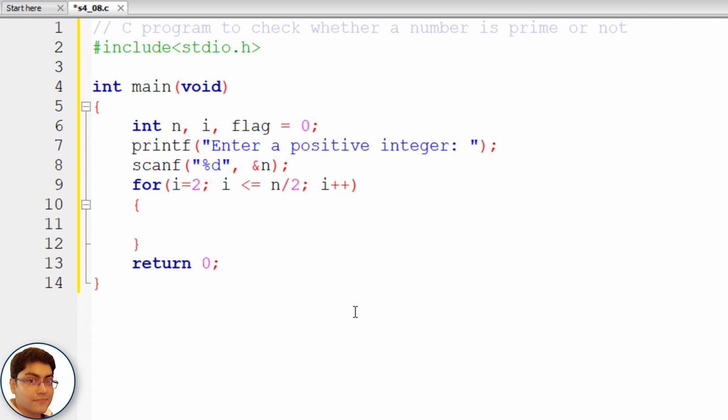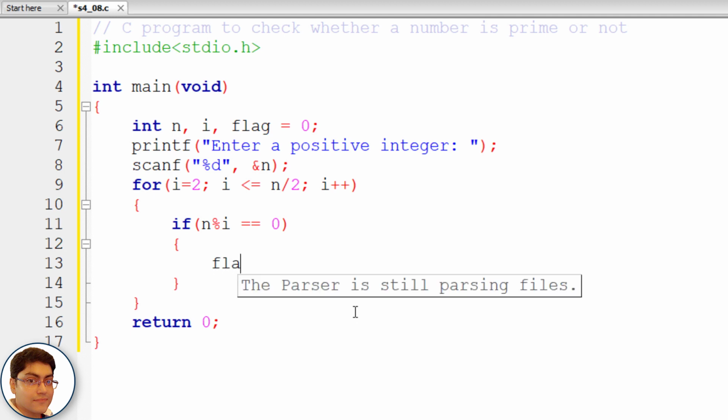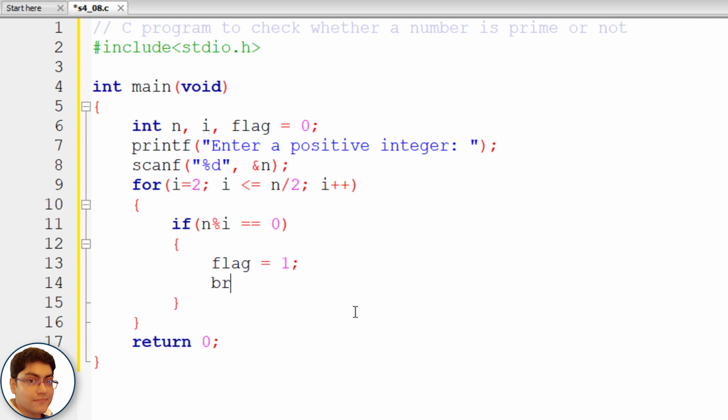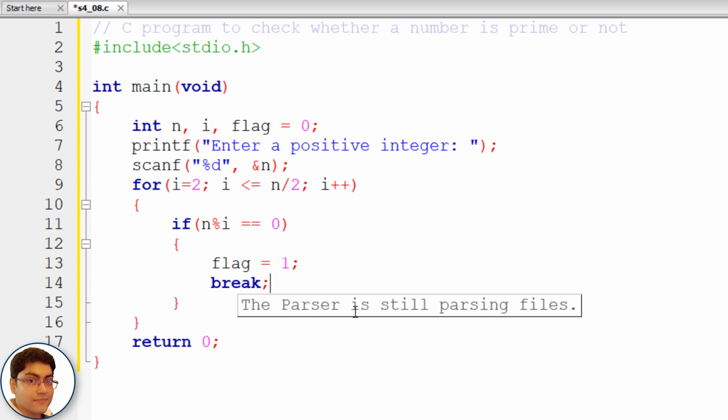Check if the number is divisible by i: if (n % i == 0). If true, set the flag variable to 1 and break out of the loop since we have identified that n is not a prime number. flag = 1; break;